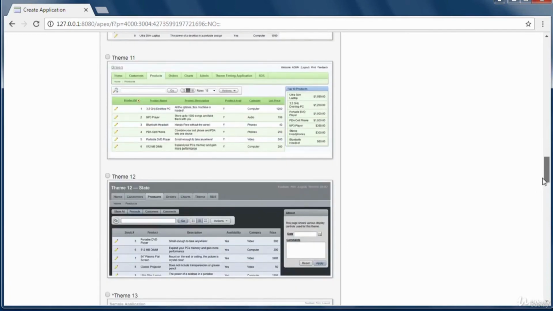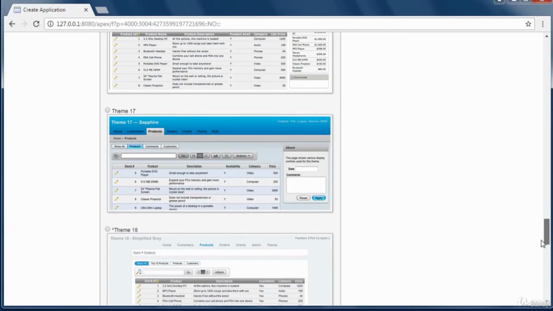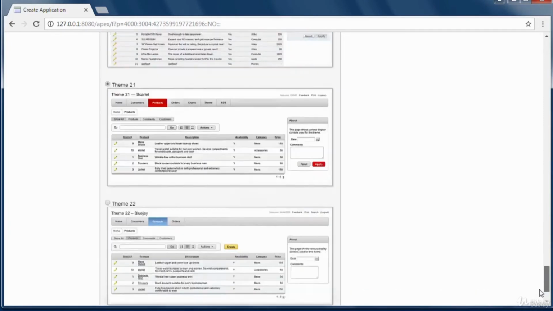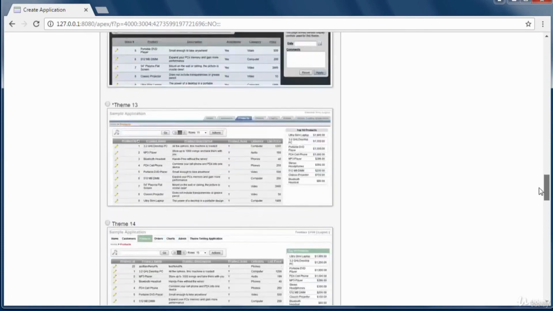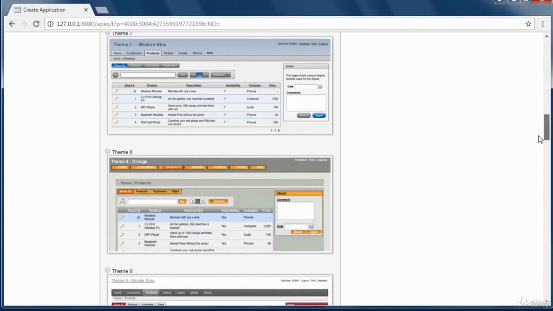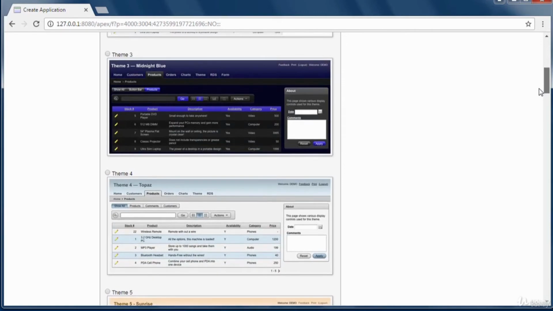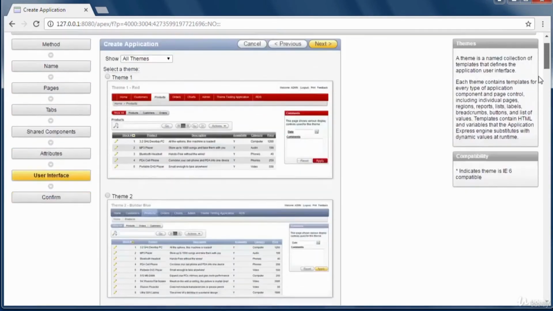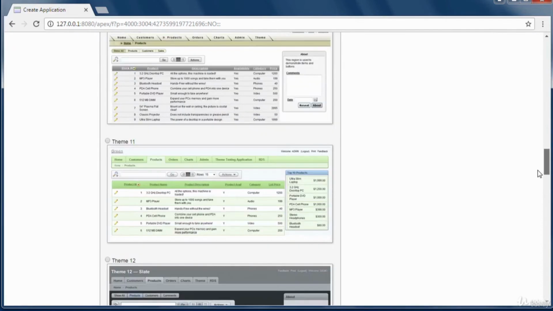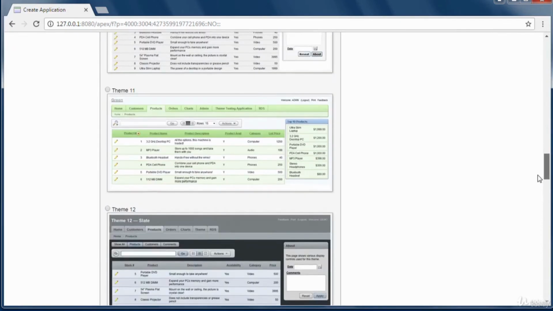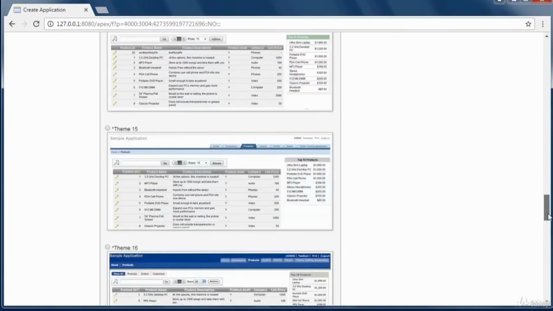Theme 11, theme 17. Let's have a look again. Oh, that one's a bit dark. I saw something like a bluish color. That's the green one. I'll go for the green just for simplicity. So I'll select that theme